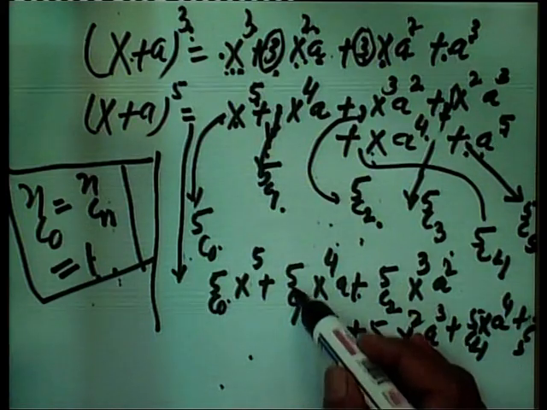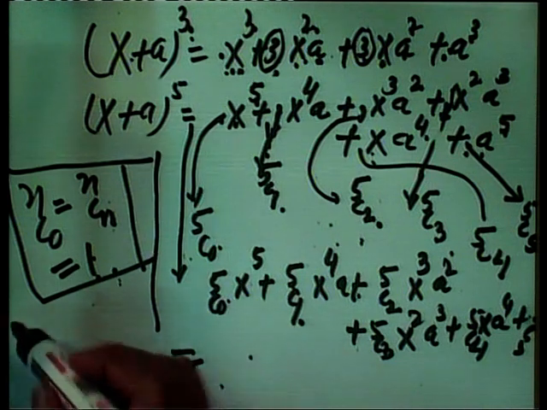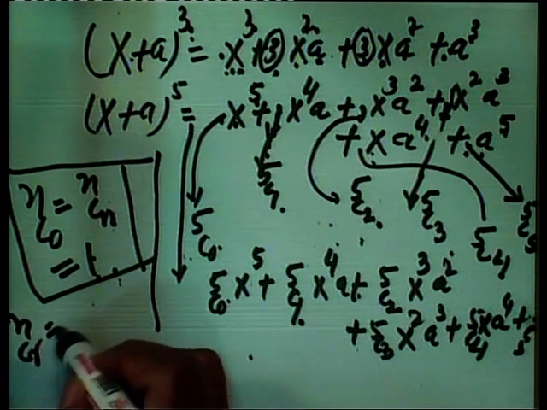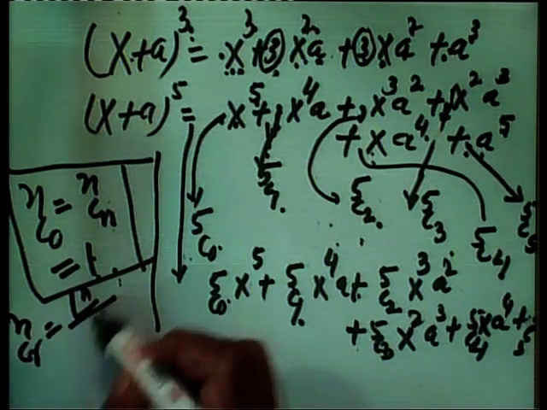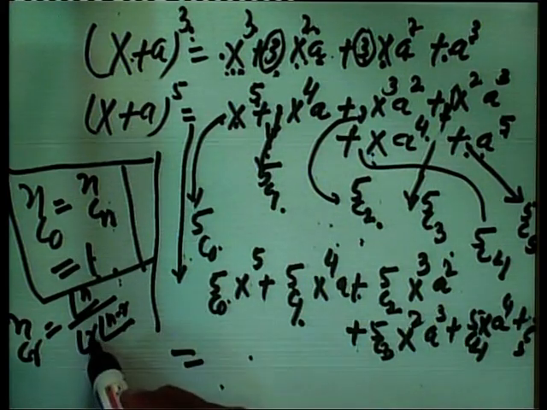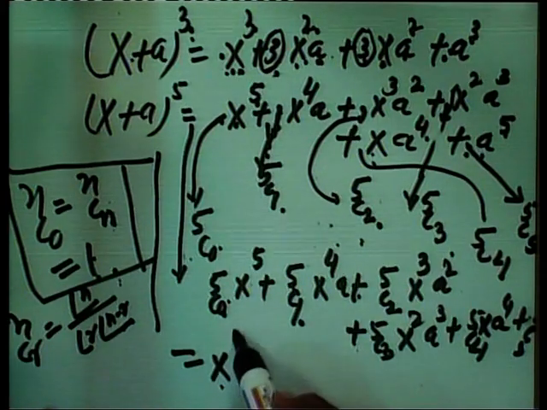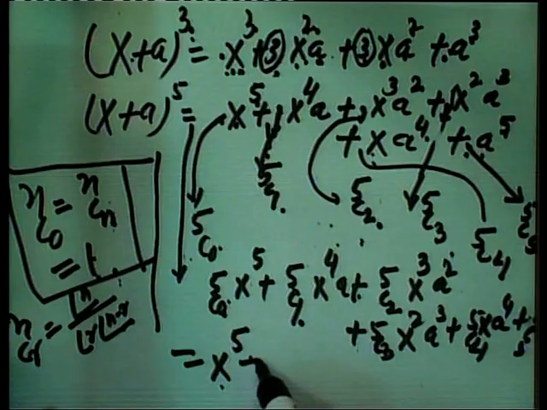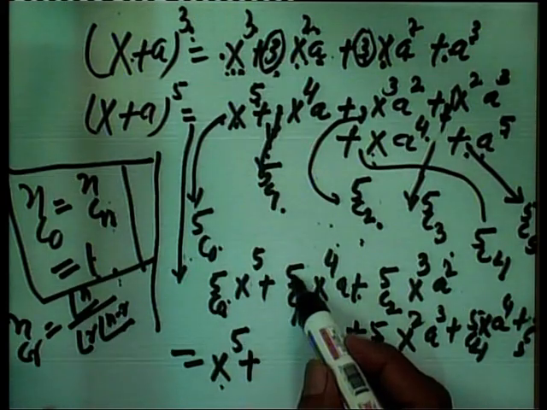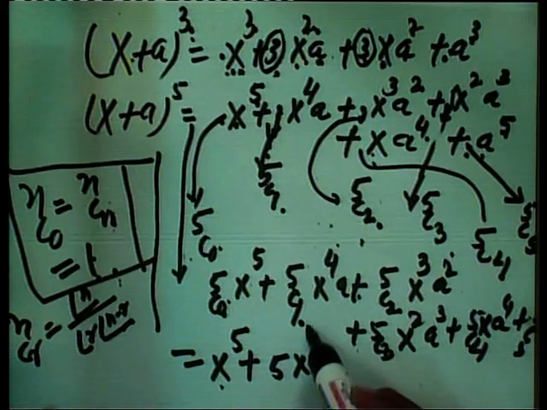Now, you can write down these values, you evaluate them by using the formula for nCr. You use this formula, once again I am repeating, factorial n upon factorial r into factorial n minus r. Using this formula, you will find this as 1. So, this is x raised to power 5 plus, you calculate yourself,